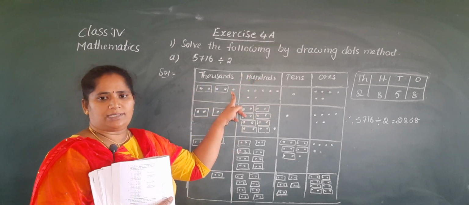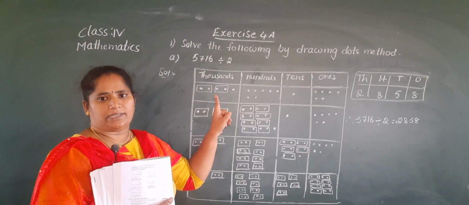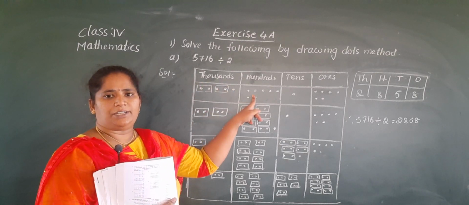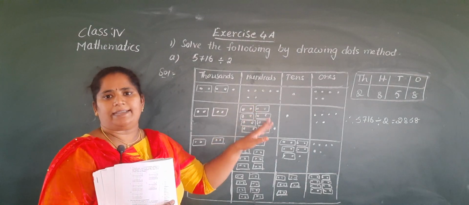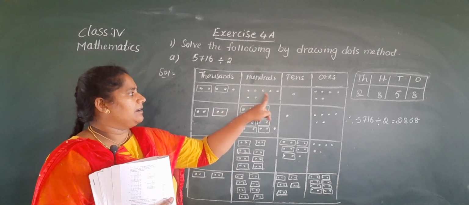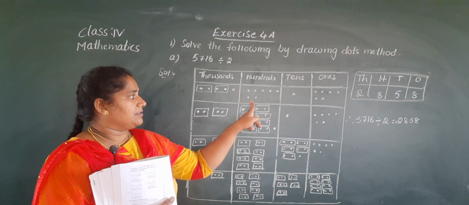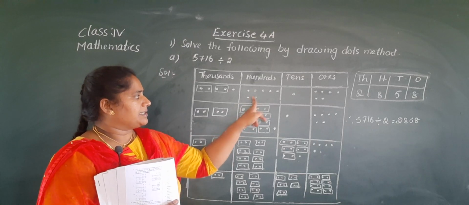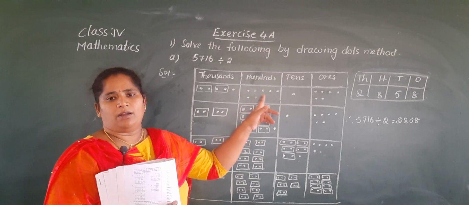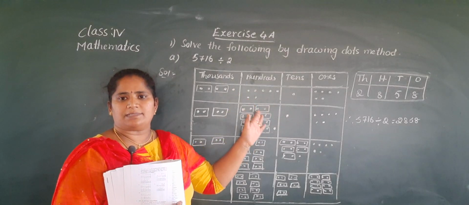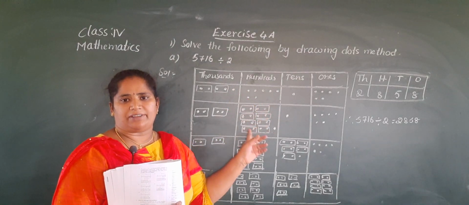After we make, here the divisor is 2, so you make the groups of 2. If extra dot is there, we have to remove that from the thousands and add to the hundreds place. And here 1 dot means 1000. So if you convert that 1000 to hundreds, it becomes 10 hundreds. Okay, 1000 equal to 10 hundreds. Here already 7 dots are there. 10 plus 7, 17 dots.